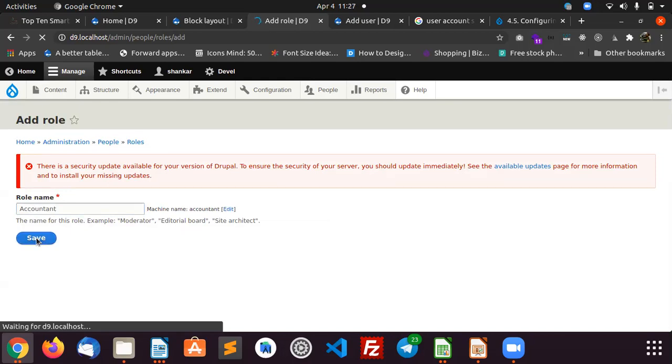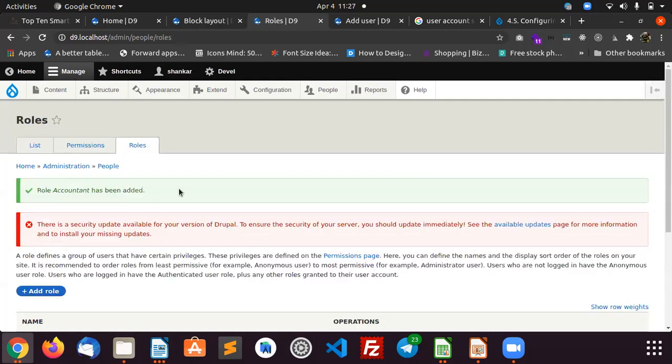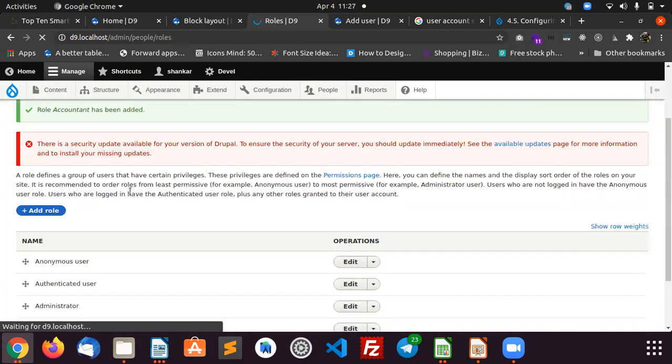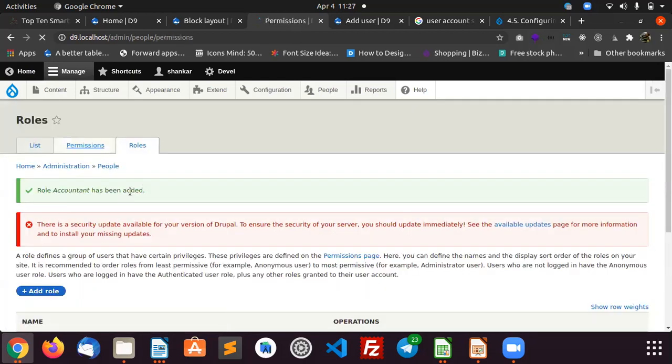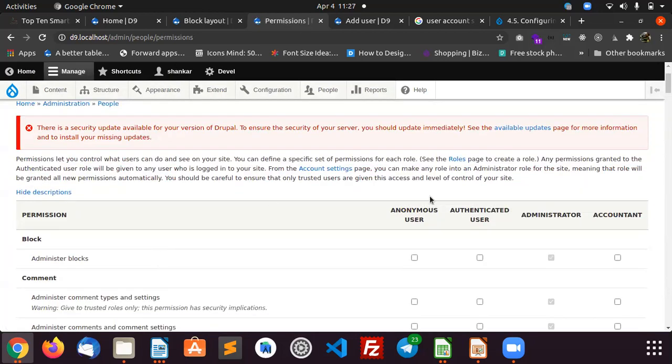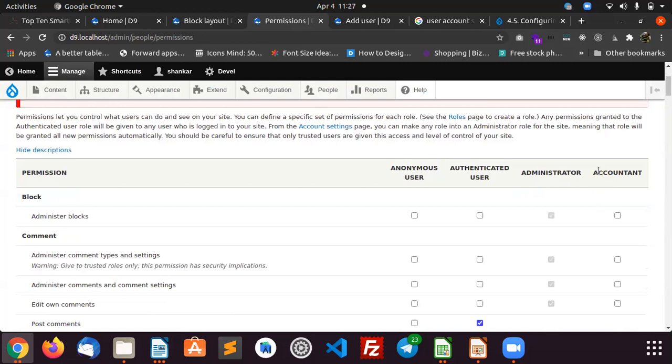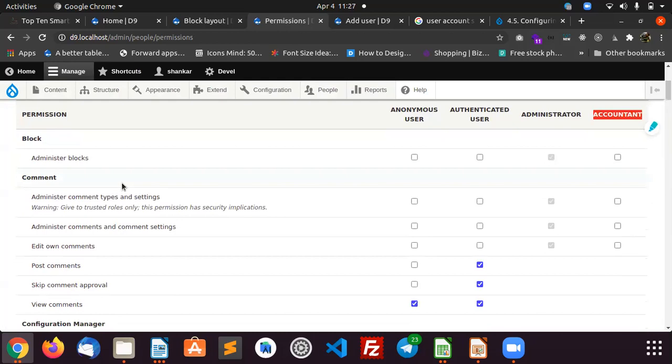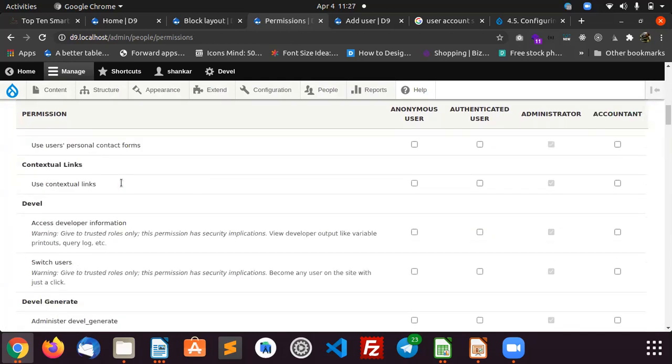So the accountant role is newly created, and we can assign them permissions through this tab. This is the permission level area. The accountant role will come over in the permission part.